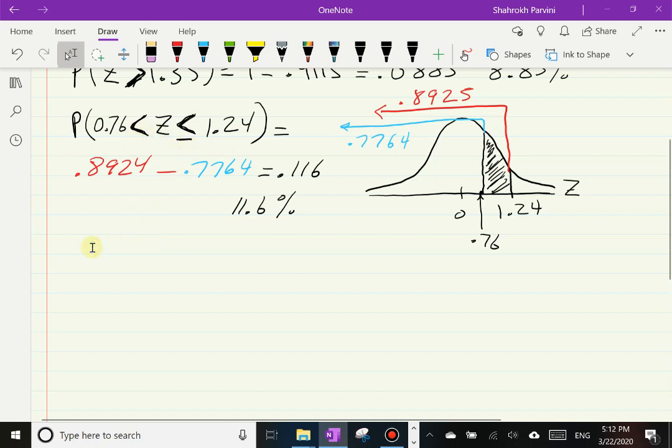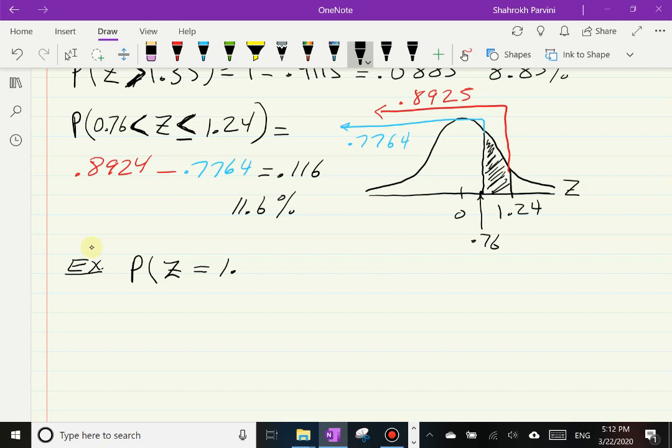Okay, so let's say this is now a separate example. So in this example now, we want to find probability of a z exactly equal to 1.2. Now remember, the table in the back of the book gives us less than or equal, not exactly equal. But this is what I want, exactly equal. So the key is this, exactly equal, right in here. Now, if I translate this probability statement into an area